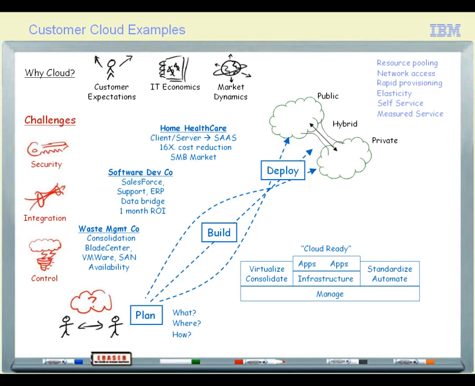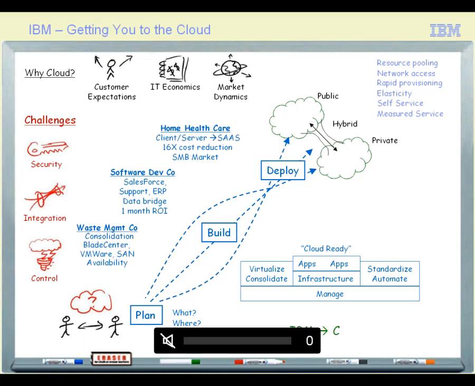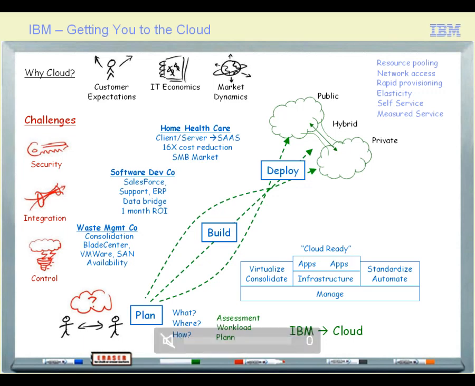Yeah, just a quick three things that we can do to help out in this area. In getting to your cloud, the first thing I want to touch on is functionalities that we have here. One of the first things we can do is help you with your assessments of where you are today. This would be the case of working with Mytech. We can do an assessment of your current workloads. And if you're saying, you know what, I'm not sure where they're at right now, I need to get my arms around it, we have a tool that can help you understand where your workloads are running and how many resources they're taking up on each of the systems,